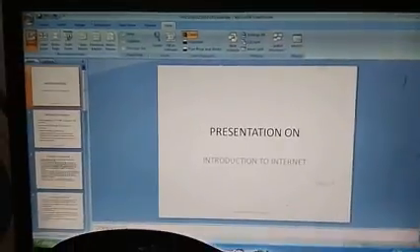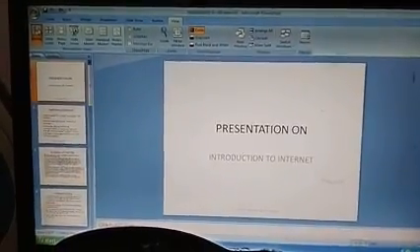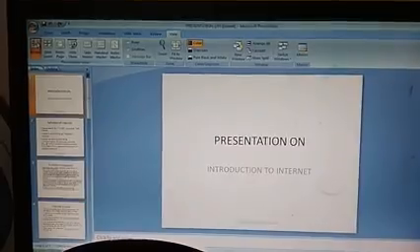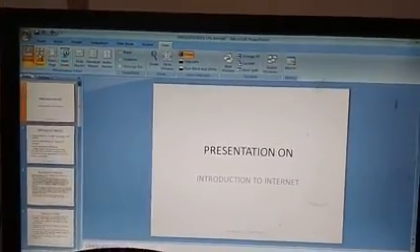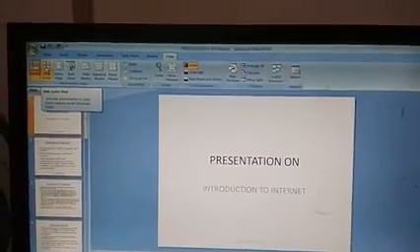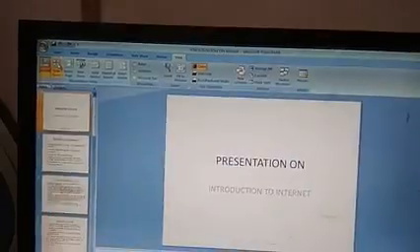So today we want to discuss one more important button, that is Hide Slide. So as you are seeing, whenever I have the Slide Sorter view, I am seeing all my slides over here. Suppose I don't want to show any one slide among these. Totally we have 7 slides over here. Say I don't want to show my third slide over here. The third slide name is Evolution of Internet, and this I don't want to show.